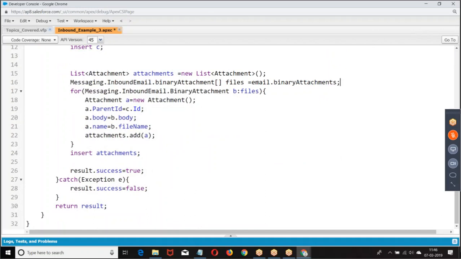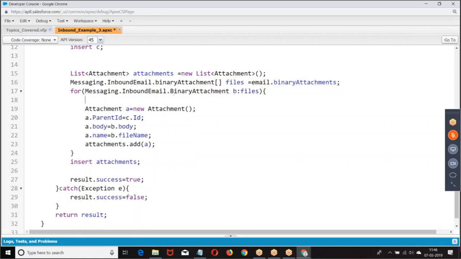Email.binaryAttachments: in the email, the files you have appended, those files you have taken. It can be a single file or a group of files. That is the reason I have taken them one by one. Every file will have a name and a body, so for every file we are creating one attachment. One file, one attachment.